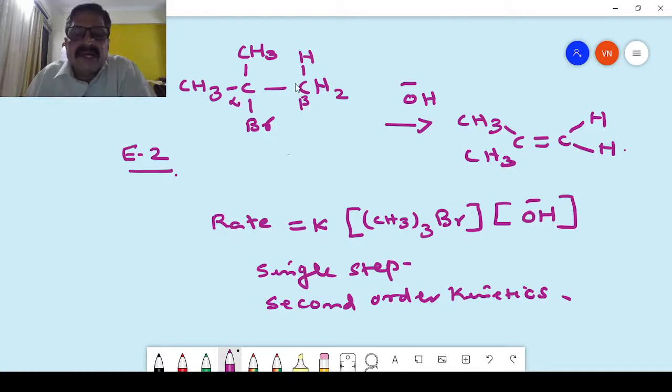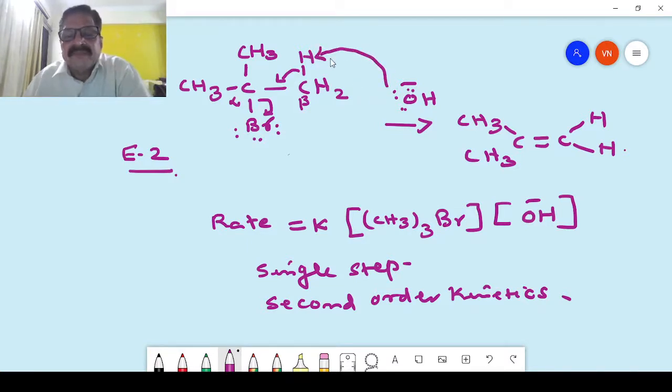So what happens here? This will form the double bond here. So this bromine, it will go. That is the leaving group here. This is the mechanism here. Okay, now this base OH minus here, this will knock out this proton here. See, like this. So we will be getting the